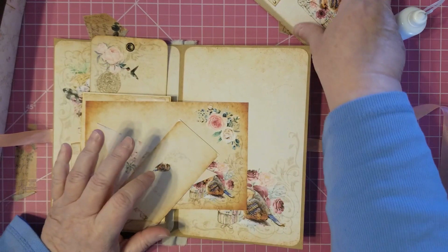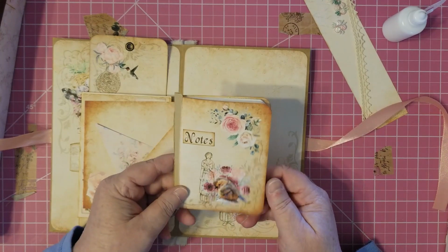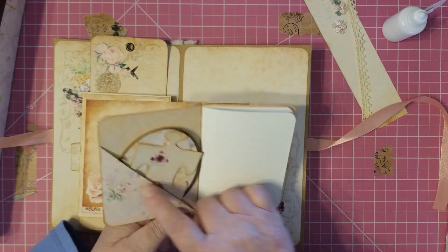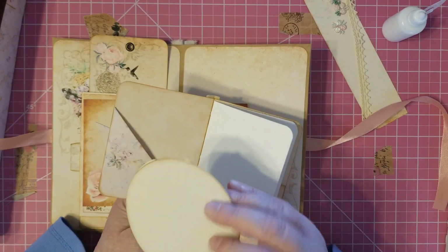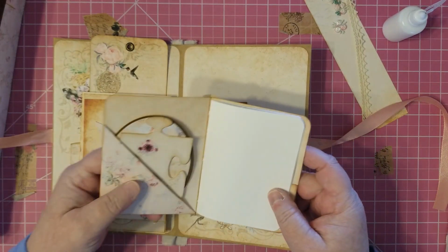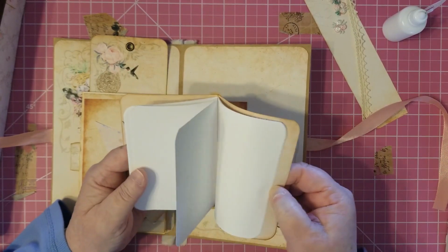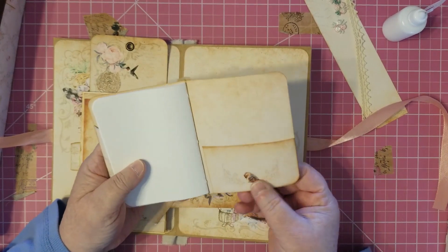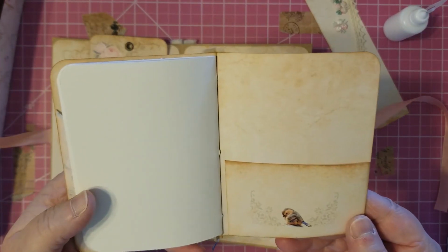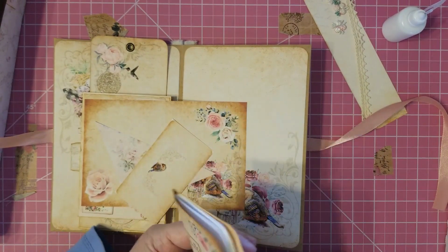little notebook. This is what it looks like finished. There, little notes. I also put a feather charm on there. The little side pocket tuck is there. These are in my add-ons kit for my birds stuff in my Etsy shop. So then I just put some paper, just nice heavyweight paper, and then our little pocket is back here with our little shy bird. Okay, and the back has the little rose on it. Okay, so we'll put that aside